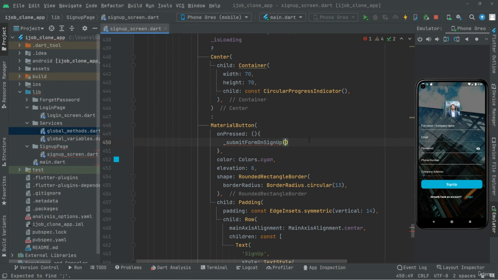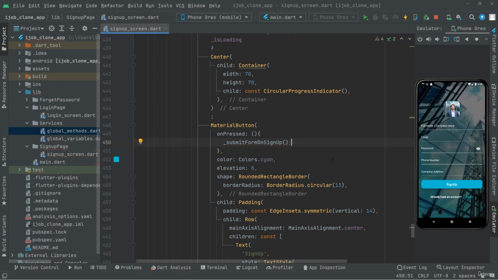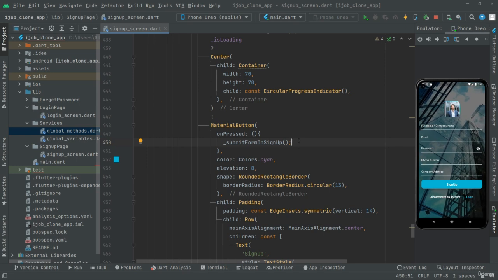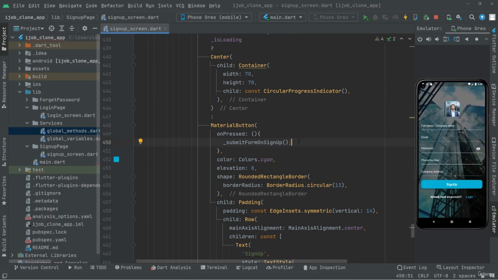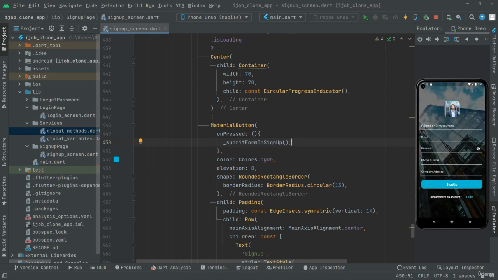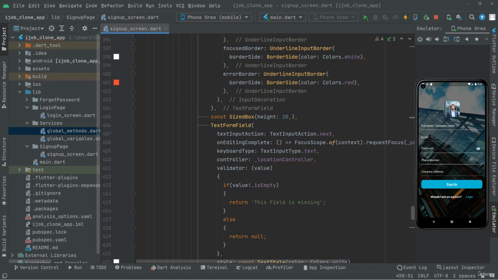Call upon that right in here. So whenever the user will press on this button, it will simply submit the form on sign up. And you guys already know about that. We will simply test the app right in a while, but first we will